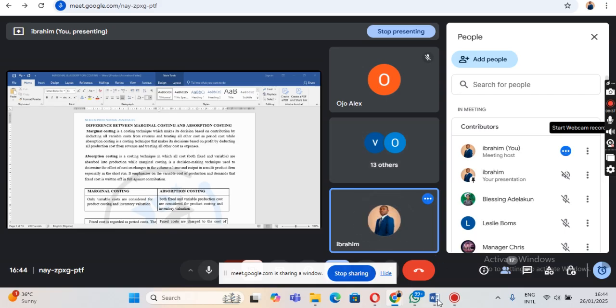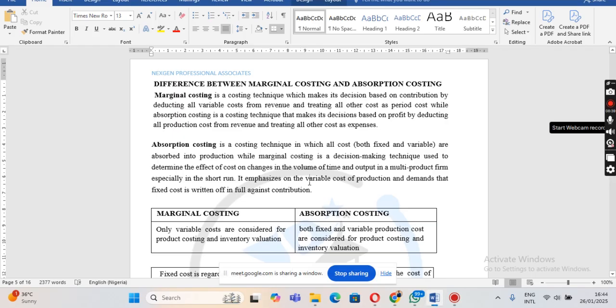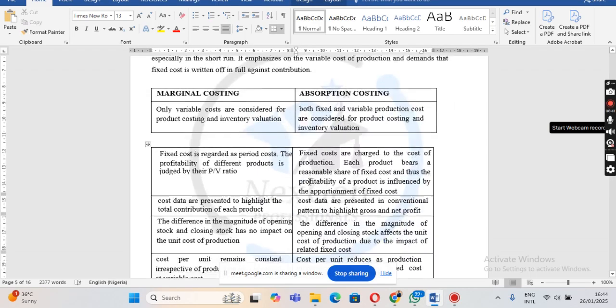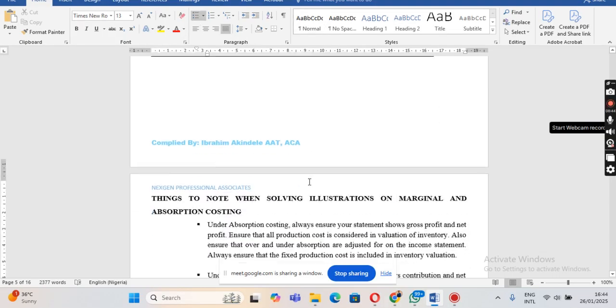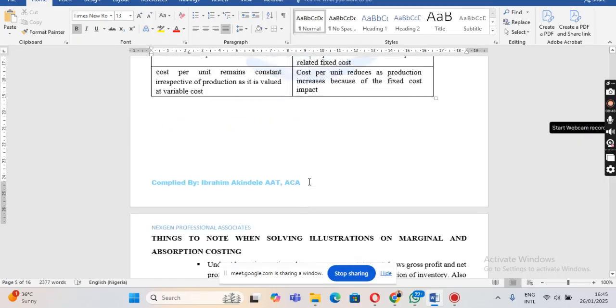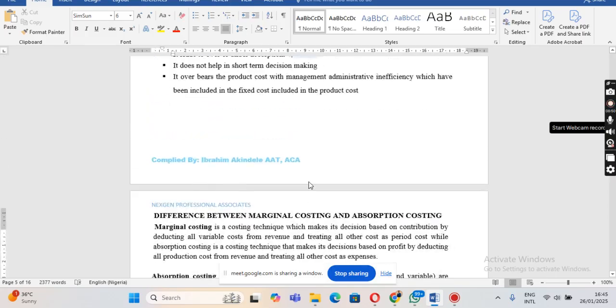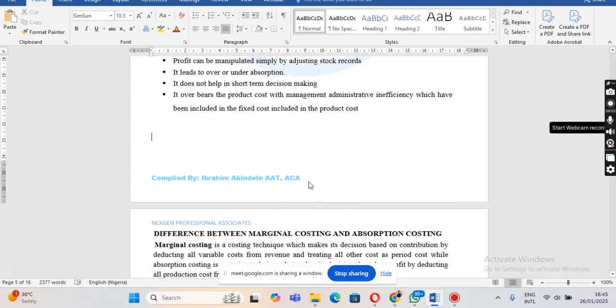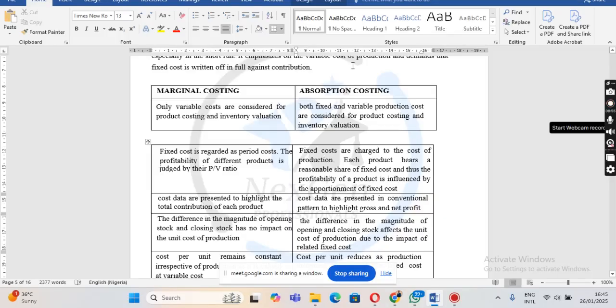Absorption. Class, are we still together? Are we still together? So we can see the major differences here. Are we still together, class? Yeah. Now, let me use, okay, let's do it after this. Are we still together, class? Okay,